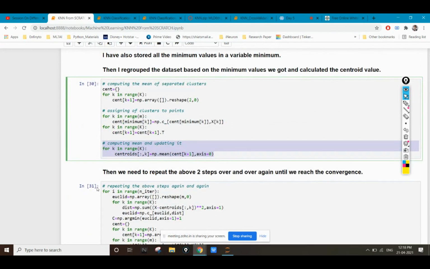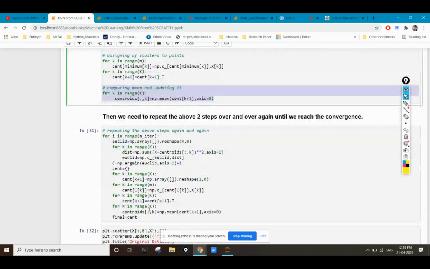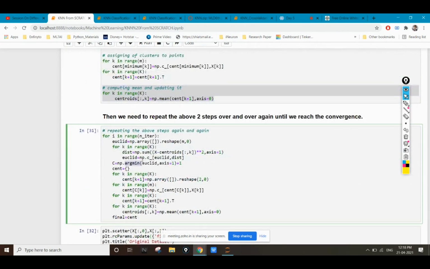And then again I'm calculating the Euclidean distance. Again, I'm calculating the arg min to get the minimum, and then again changing the values.